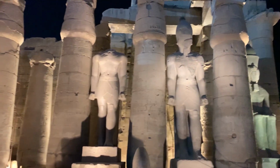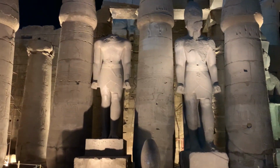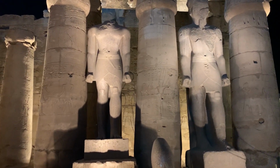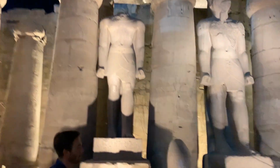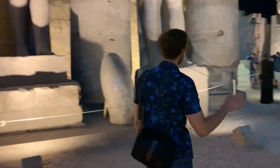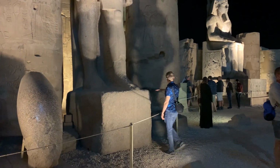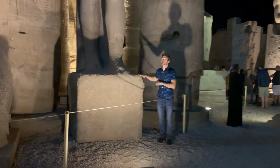Exactly. And they're not even perfectly centered, which makes me think they did the best they could and built around it. Yeah, and it looks great. Look at the difference. This guy is right up against that column there. And let's compare the size difference. So I'm 5'10", 1.78 meters. Okay. And look at that, compared to this. That's up to my nipple about. That's crazy. So you're just shy of 6 foot, and then that's...